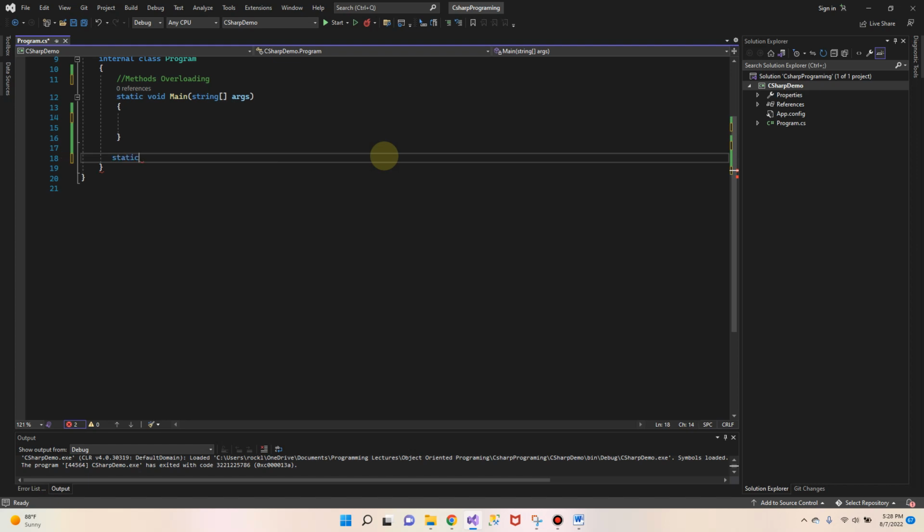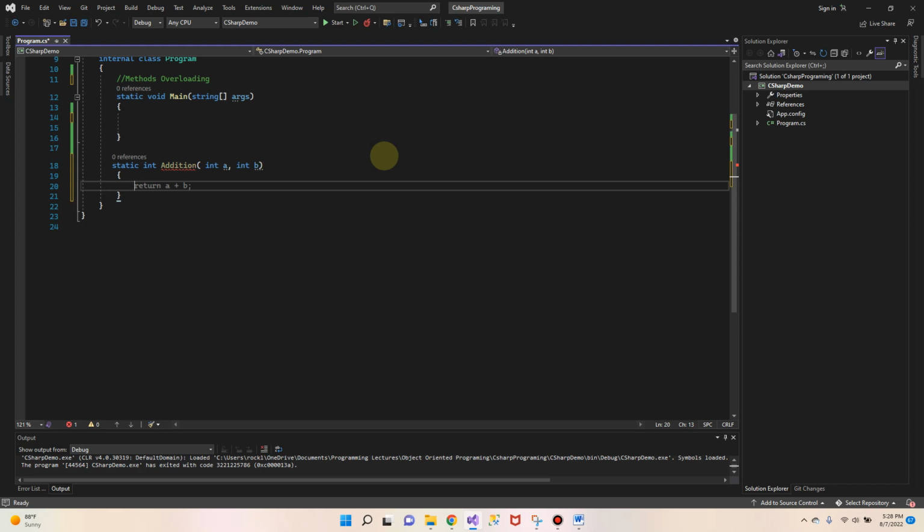Static int addition. This one will take int a, int b, right? Does that make sense? So now return a plus b. So same method name, it's just a return type, so I'm just going to copy this guy over here,